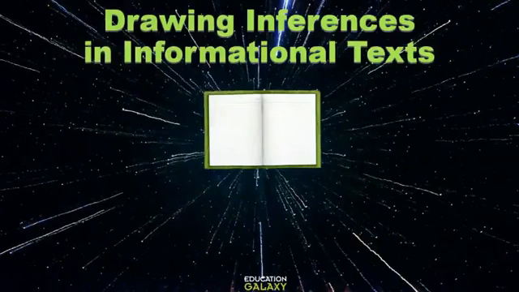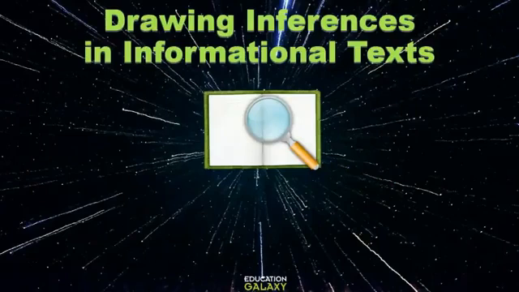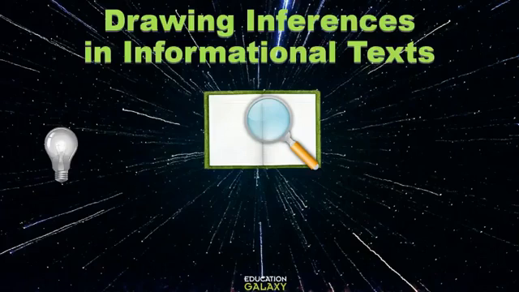Does that mean that we look at a text closely, really closely? That's what the magnifying glass means. When you're drawing inferences, we will study the text closely. And when we can make the inference, the light bulb will go bright in our heads. We'll have a greater understanding. Everything will be brighter and clearer.